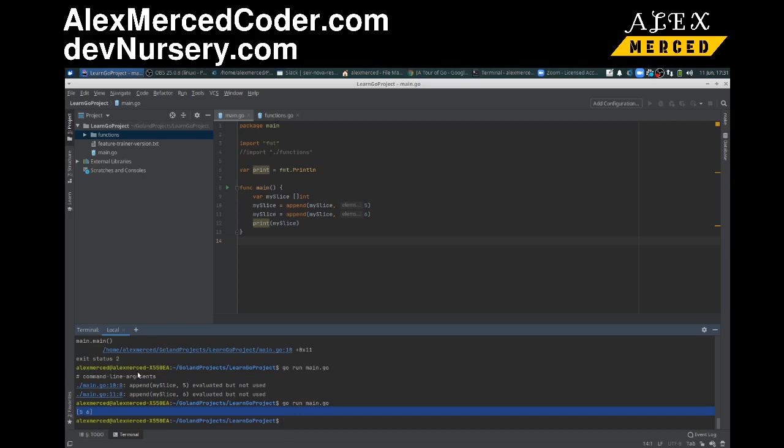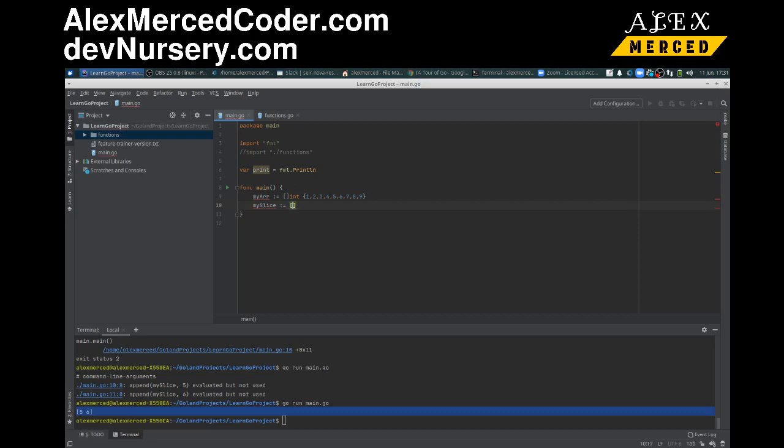Cool. I could also use a slice to slice a portion of another array. So first let's create an array. We'll create my array, which equals an array of type integer, and it's going to have 1, 2, 3, 4, 5, 6, 7, 8, 9. Now I want to have a slice, my slice, and I have to make sure I put the walrus teeth there. Okay, my slice, which is going to equal